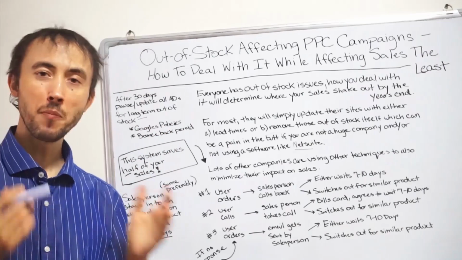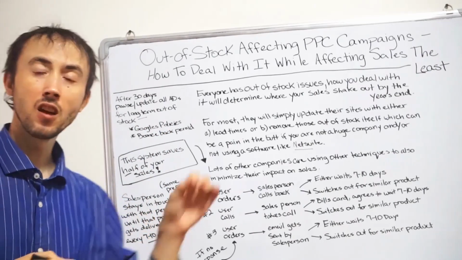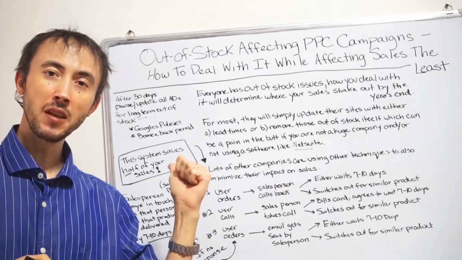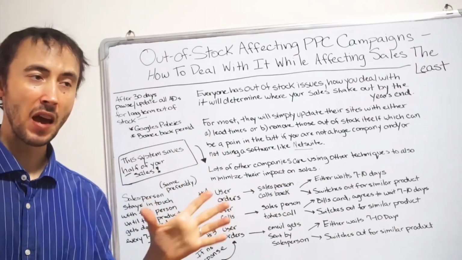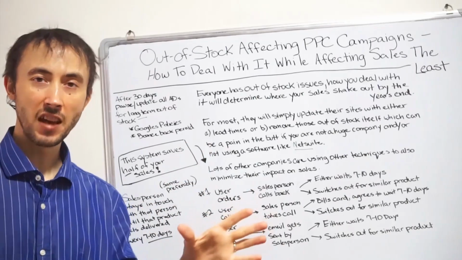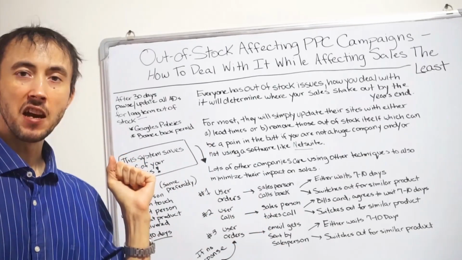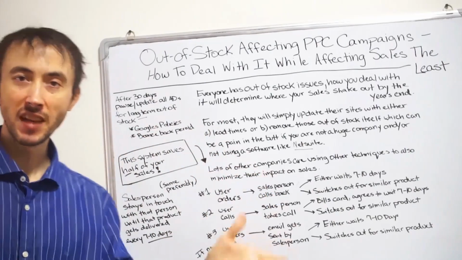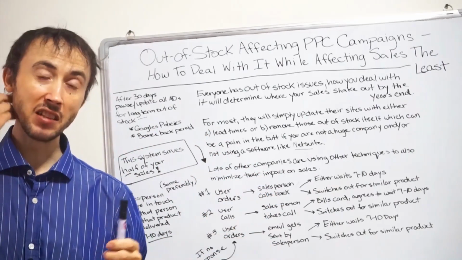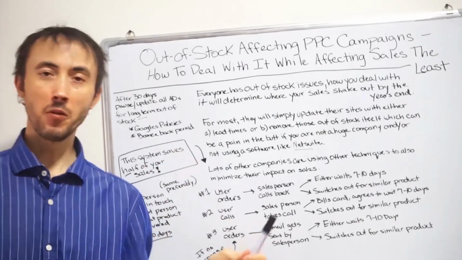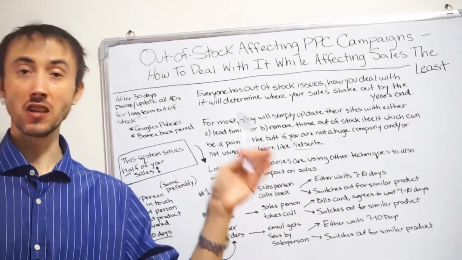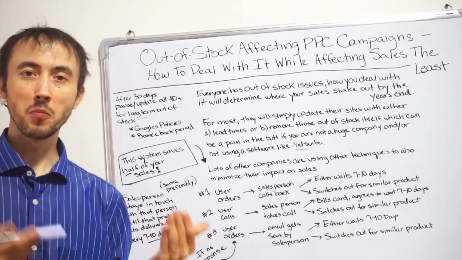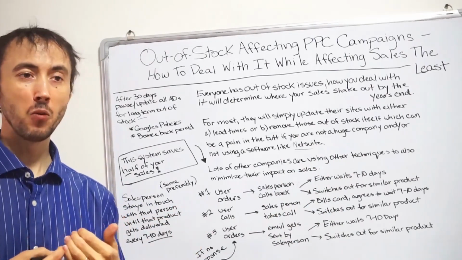Okay, and then for the shopping campaigns, as long as you mark the product out of stock on the site, the shopping feed will automatically update. You don't have to worry about that. If you don't have it marked out of stock on the site, obviously, then you have to do more work. But if the product's out of stock and you expect it to be out of stock more than 30 days, I would recommend going into your store and actually marking it out of stock anyway. Most people can get their product back in stock within a month.